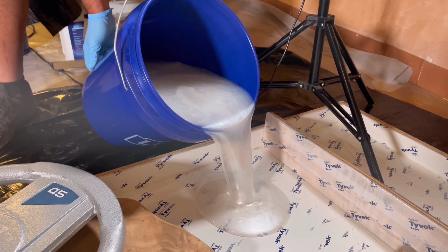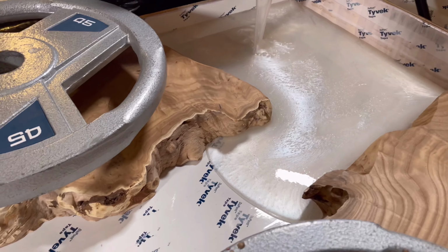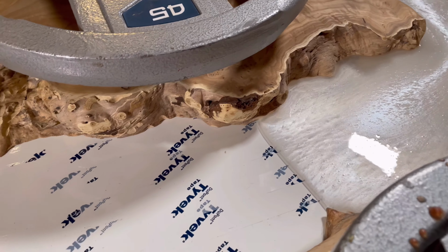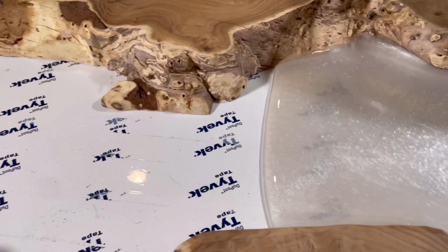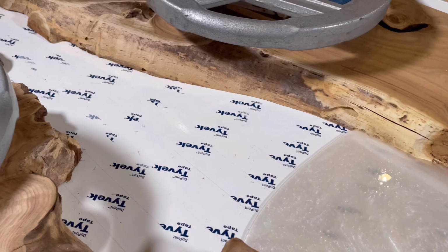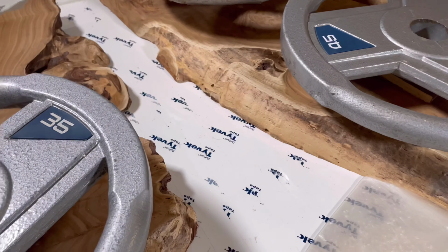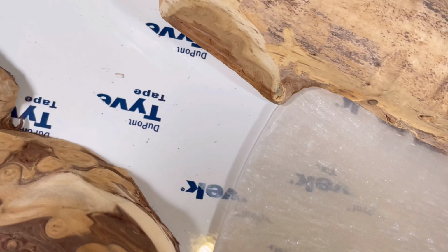Just look how beautiful that epoxy comes out. Look how beautiful it looks. That sheen, that metallic, the pearl that this pigment color gives off is just really amazing. This was going to be a dining room table, so we wanted to make sure that it looked its best, folks. We got it all poured up, and we let this one sit in the mold for about, I'd say, a week and a half,